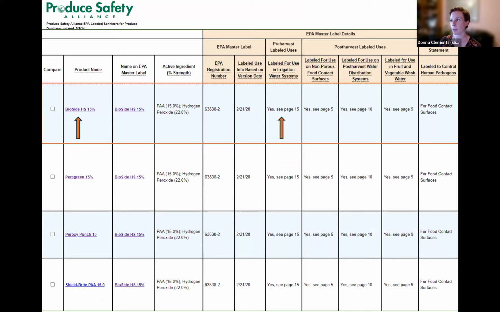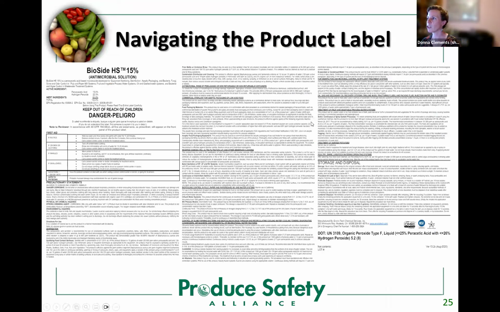To wrap up this example, I want to show you what the product label looks like for Biocide HS 15%. And again, we're looking at the PSA sanitizer tool here. And I want to point you to this second orange arrow. So the column that says labeled for use in irrigation water systems. So the EPA master label for Biocide HS 15% says that it is labeled for irrigation water systems on page 15. But what I want to do is I want to pull open that product name and show you this